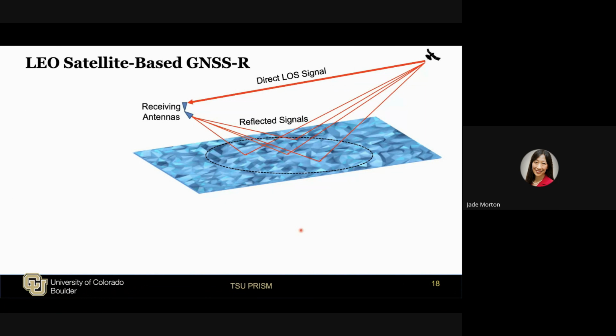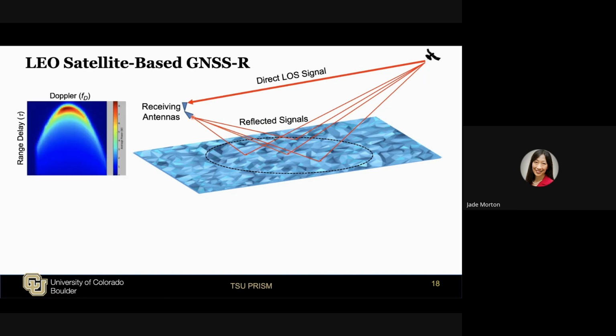I know you all probably have background in reflectometry already, but I really want to distinguish two different types of research. Reflectometry is really about signals reflected over a surface that are picked up by a downward-looking antenna on the CubeSat. Most people are focused on the so-called delayed Doppler map. The rays that travel to a CubeSat antenna can come from a large area because the surface is rough. There are all sorts of small facets with different orientations over the surface that will point the reflection signal into that antenna. This area is what we call the